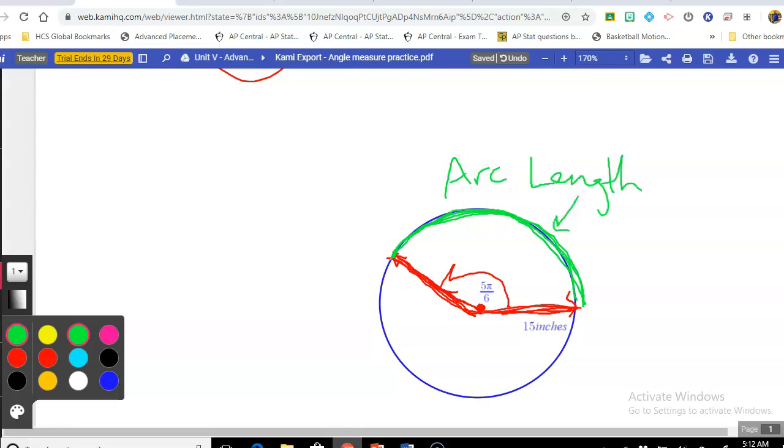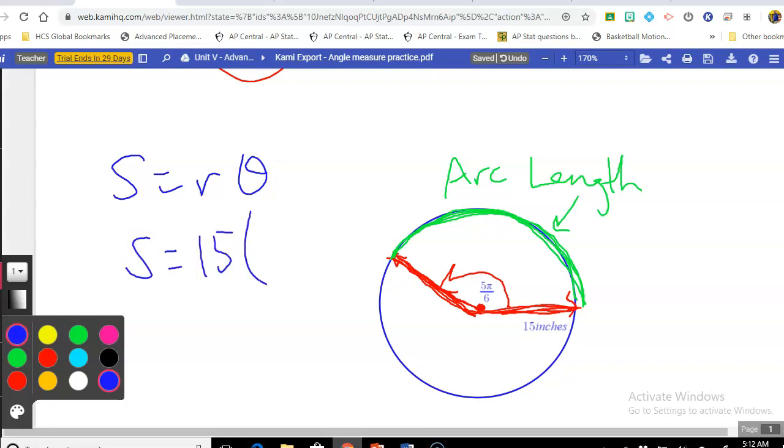We're going to get that by working our formula that S is equal to R theta. And in this case, R is 15 and theta is 5 pi